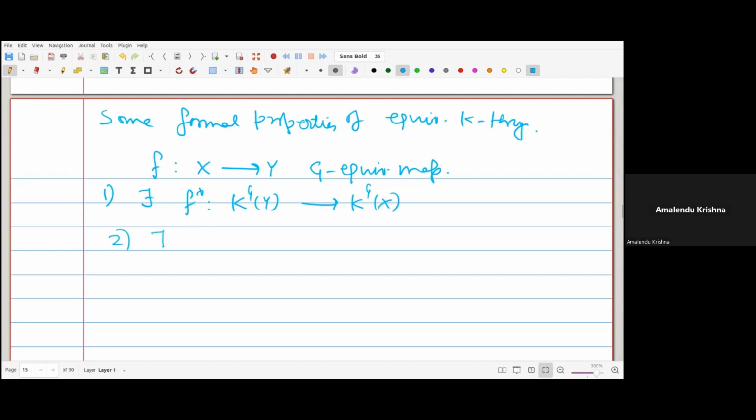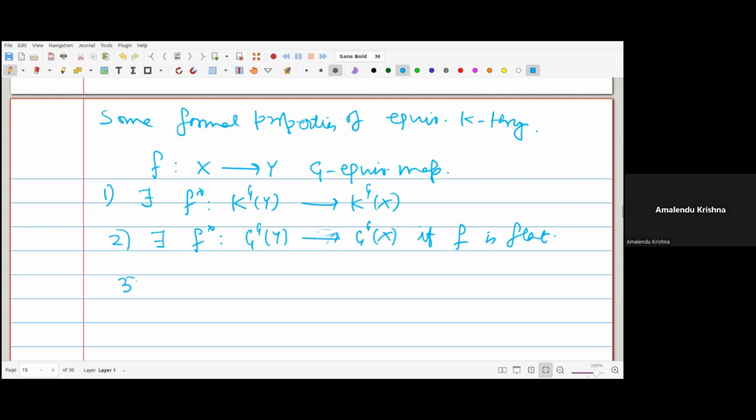Second, there exists a pullback from GG of Y to GG of X. This is not always true; it holds if f is flat. And then third,